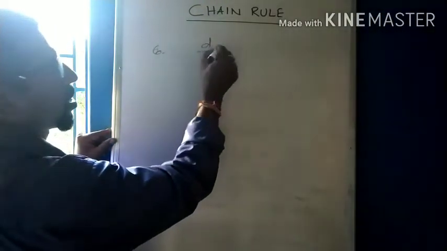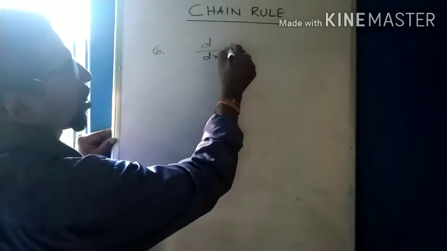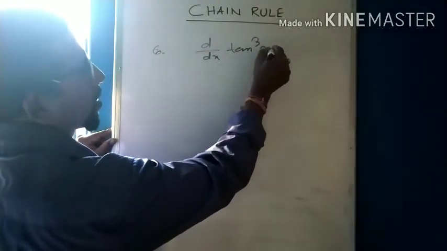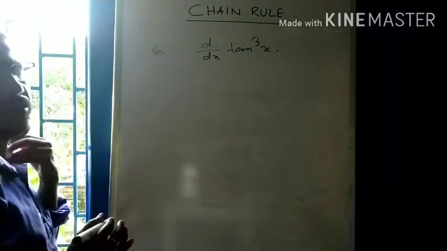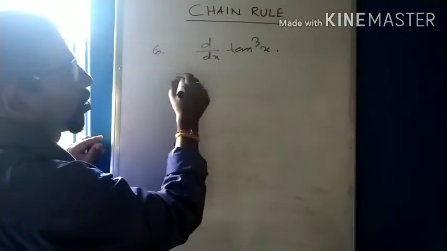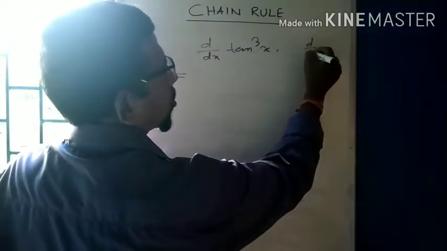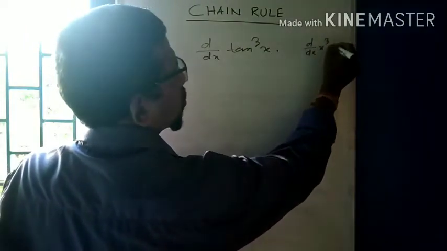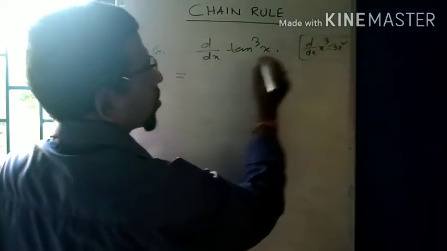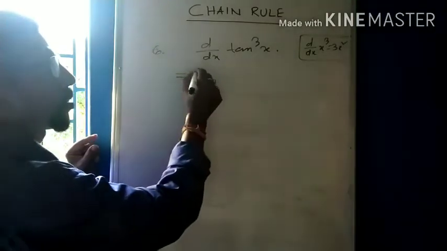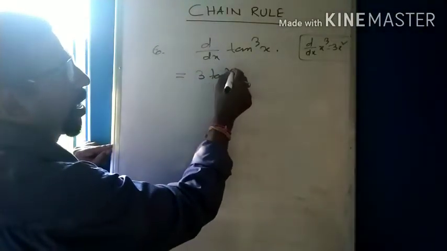Next, if we differentiate, suppose tan cube x, the power we have to do first, cube. So x cube, what is the differentiation of x cube? It's 3x square. So tan x whole cube, it will be 3 tan square x